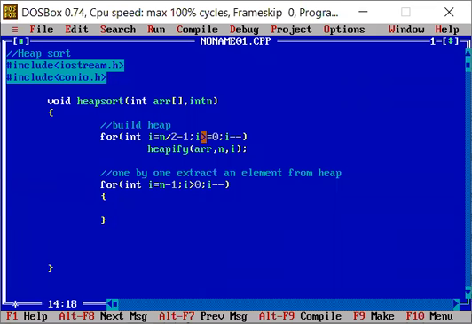Here we can use our function. We need to swap the elements, so I'll write swap. For what values do I need to swap?